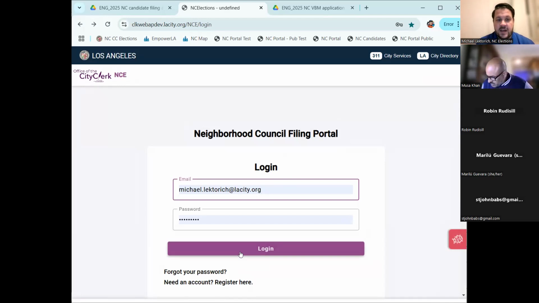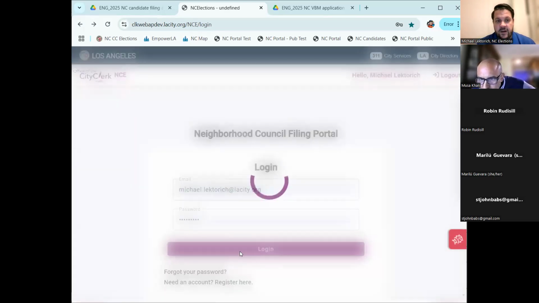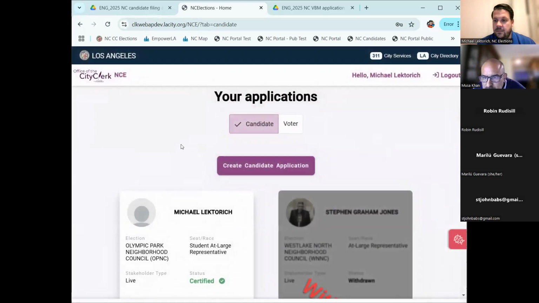So it's that easy. Once all that's done, they can just click login. This is going to be the same page for candidates and voters, the same login for candidates and voters. I'll go over the voters a little bit later, but right now you can see I'm clicked for candidate